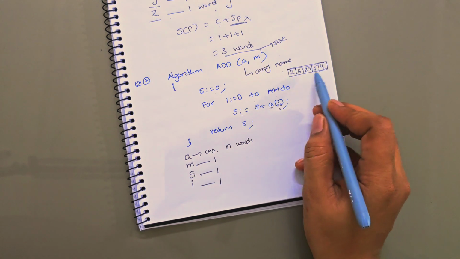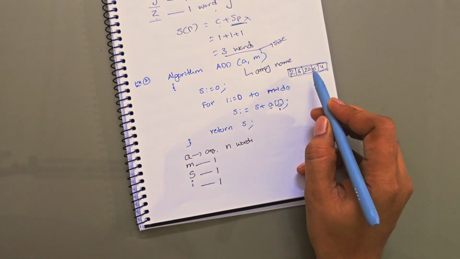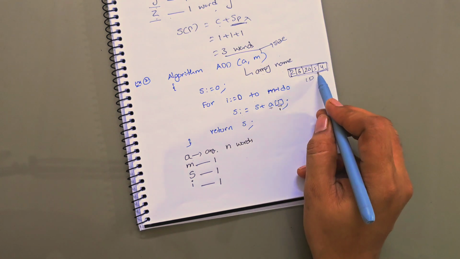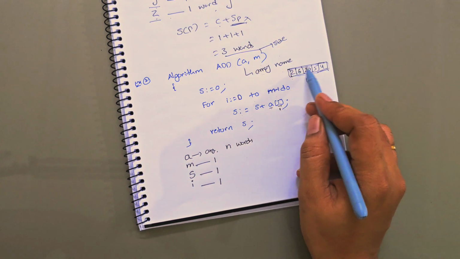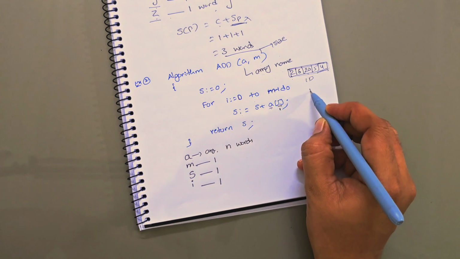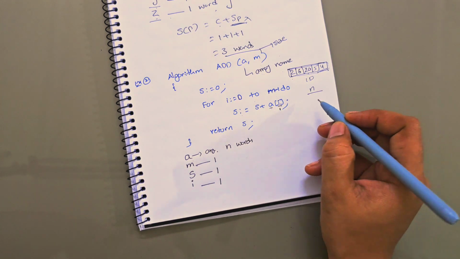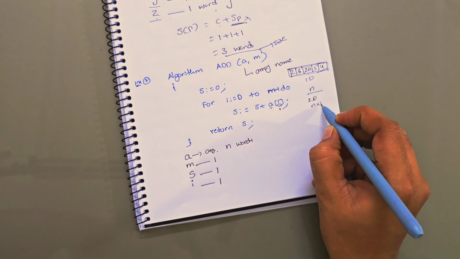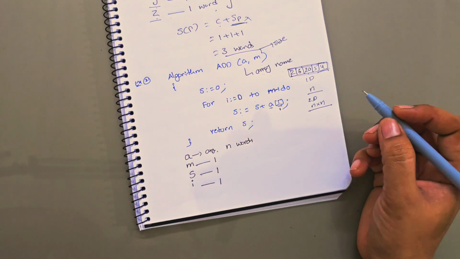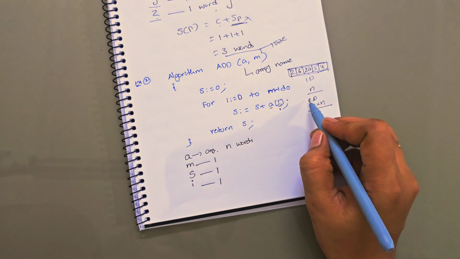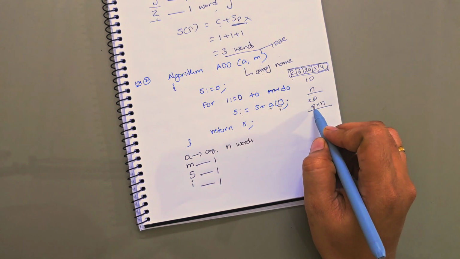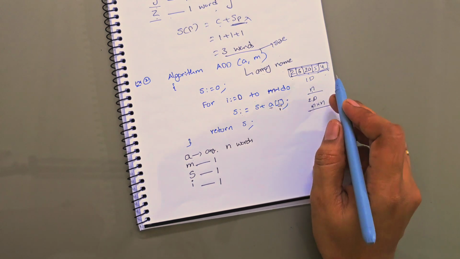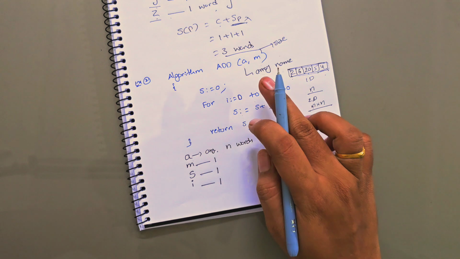Okay. This array is a one-dimensional array. So if it is one-dimensional, what is the space? To store n values, it requires n words of space. Okay. If it is a two-dimensional array, to store all the values it requires n by n space. So if you know the dimension, you can directly write n words, n square words, or n cube words based on the dimension. If you don't know the dimension of the array,